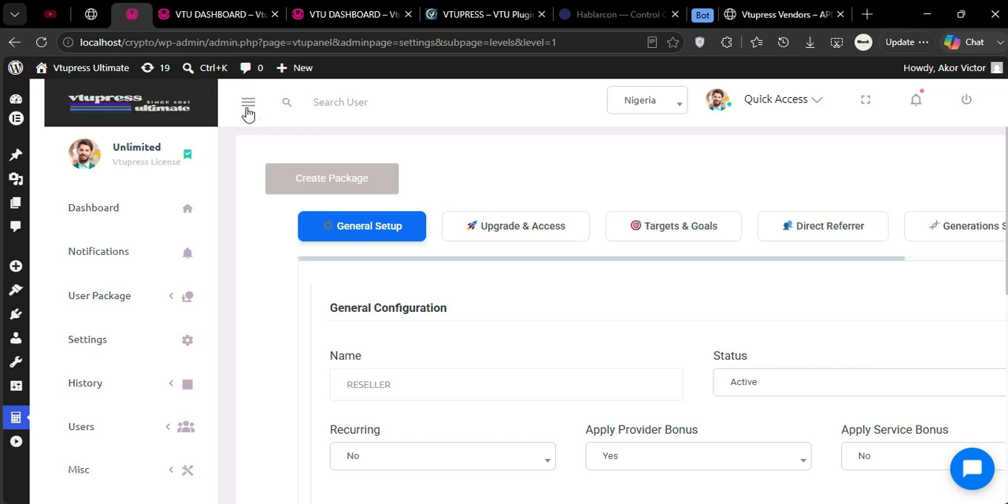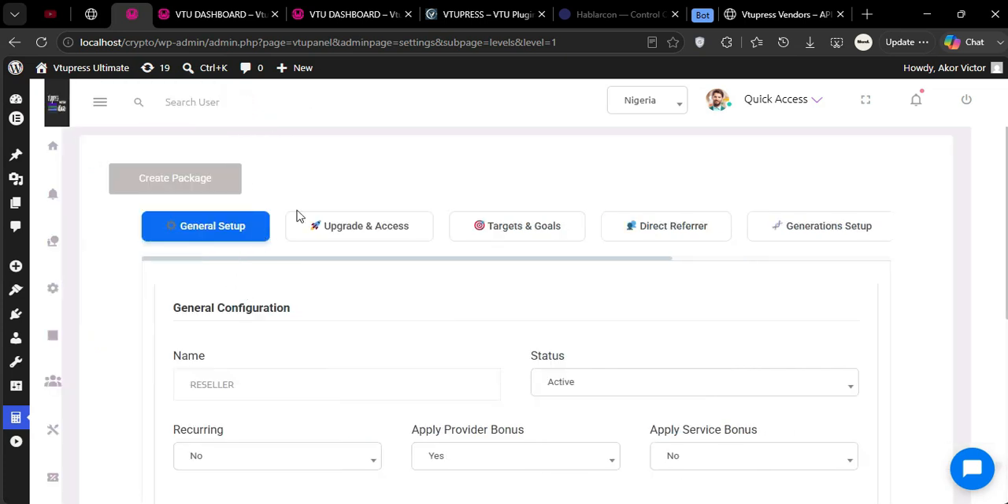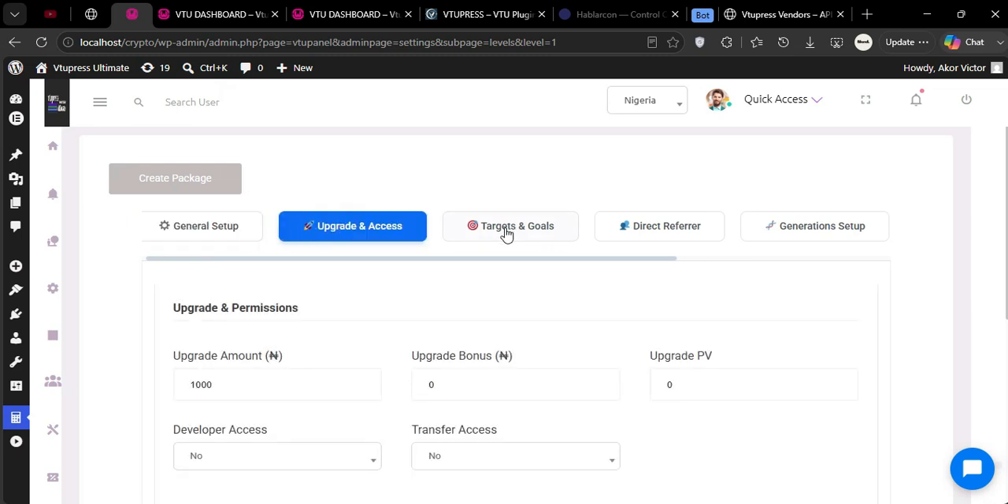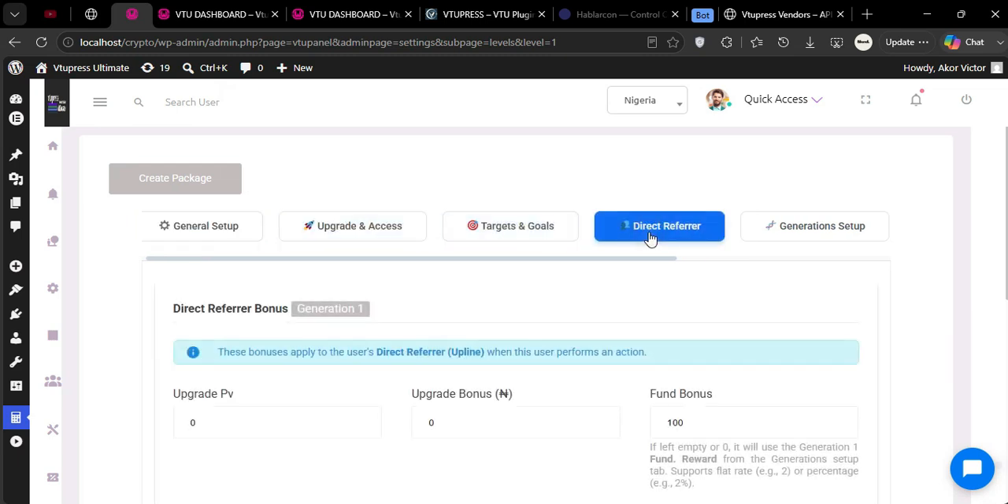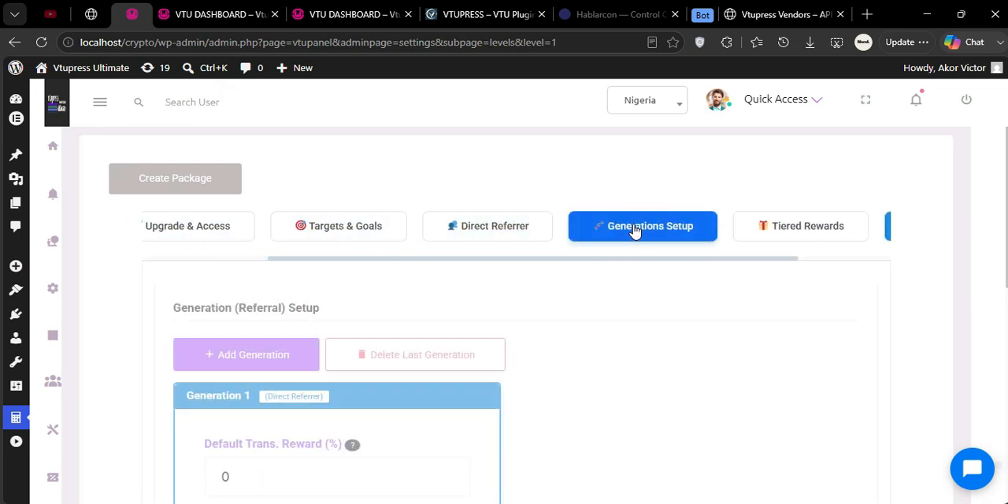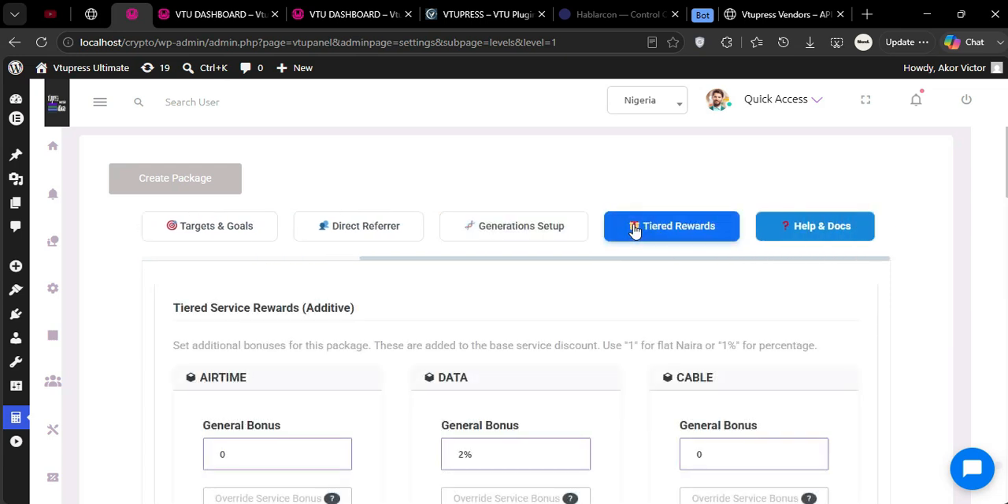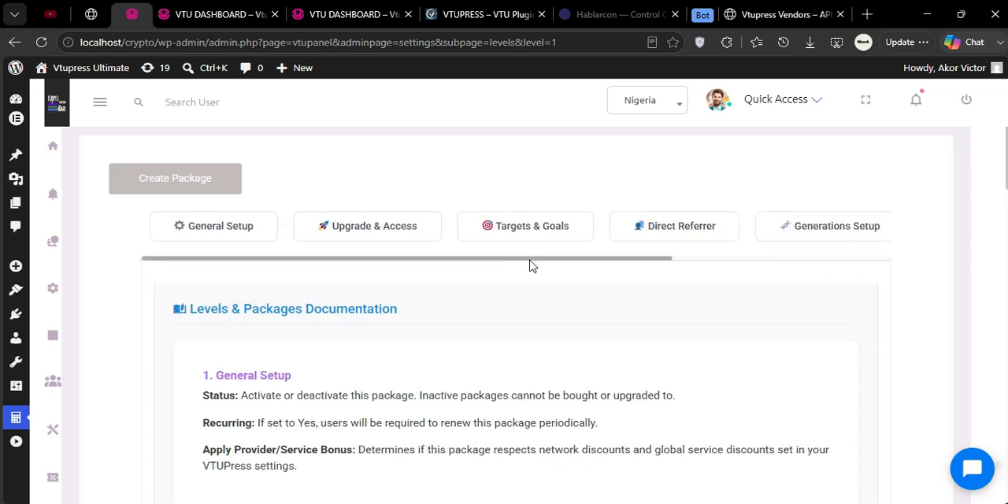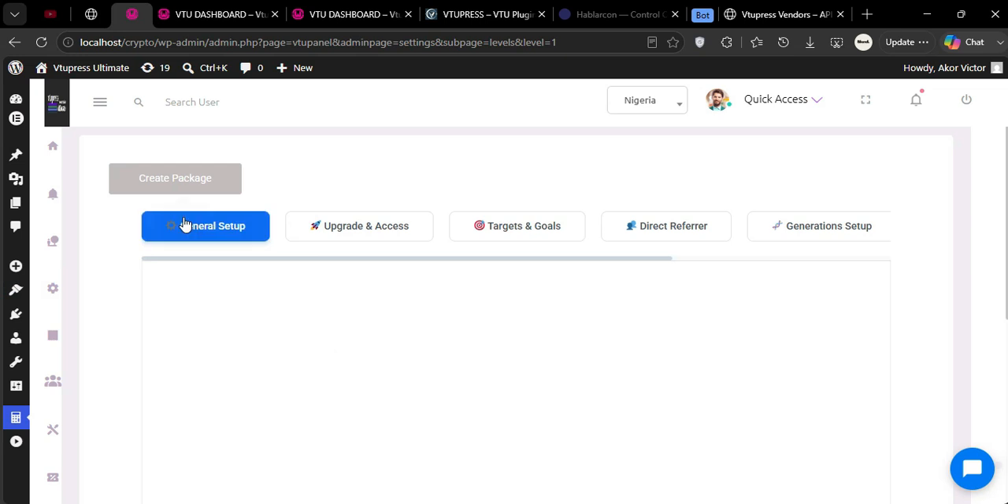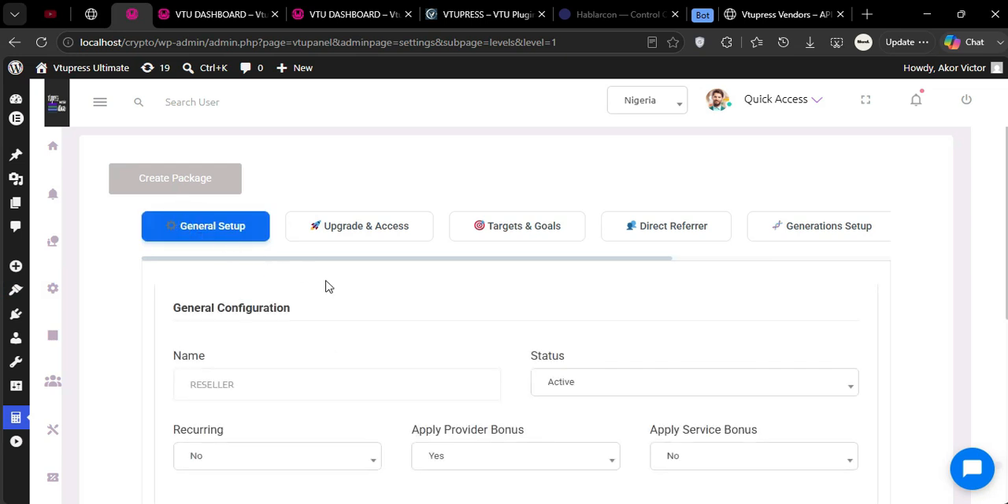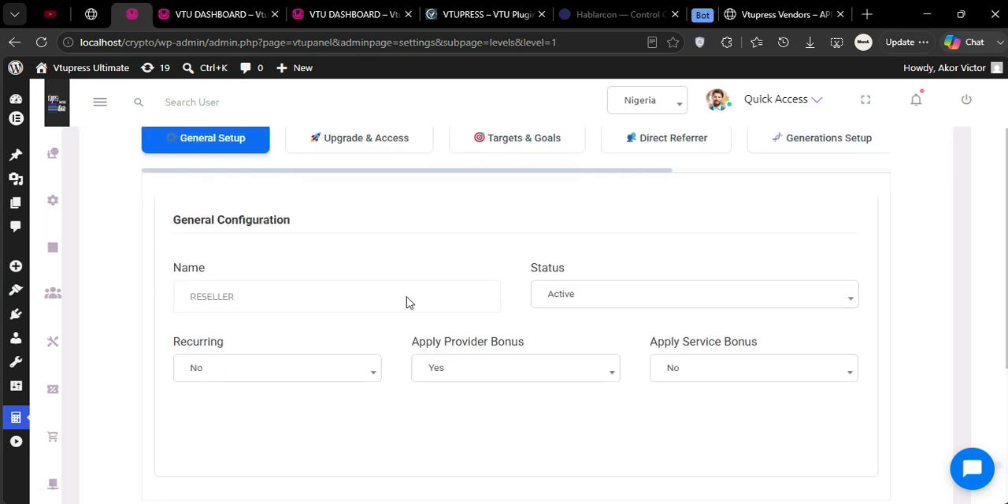Okay, now we have the tabs here. You can scroll, you can click on the upgrade and access, targets and goals, direct referral, generation setup, side reward, the help docs. Okay, let's talk on this. Let's talk about this general setup. Okay, all right, for this particular